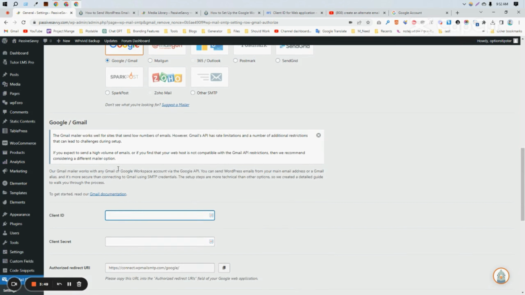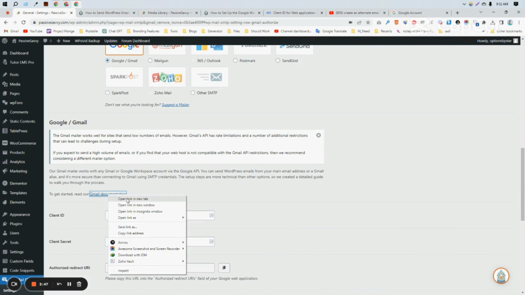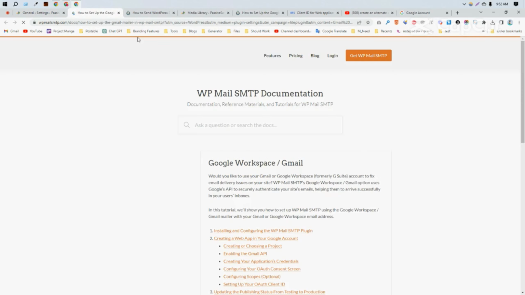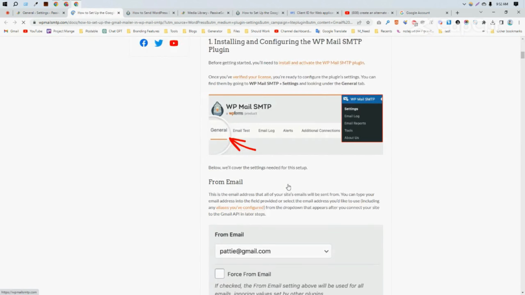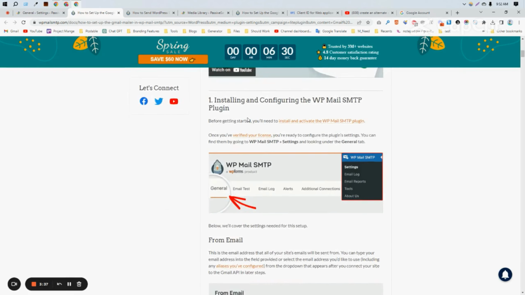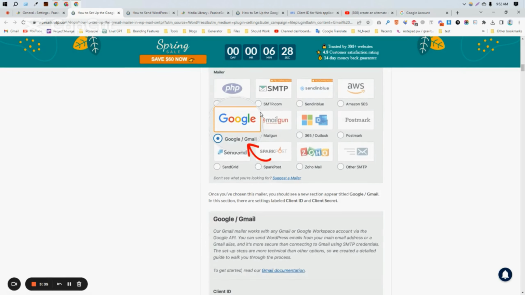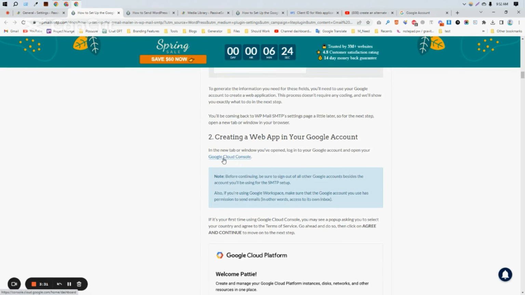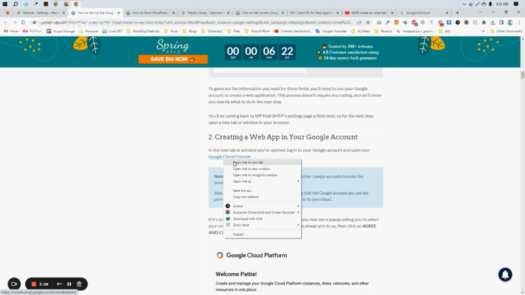we need to click on here. Let's open it in a new tab, and it's redirecting. Okay, this is the Google Cloud Console. So we need to go in here,